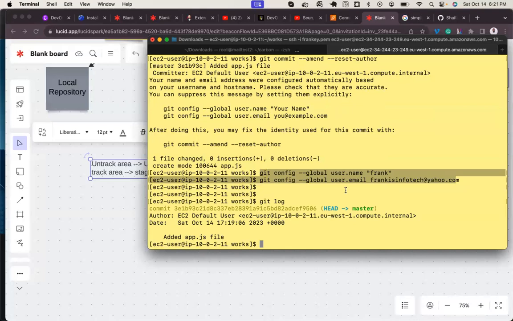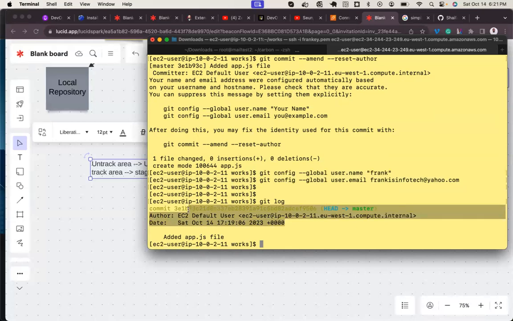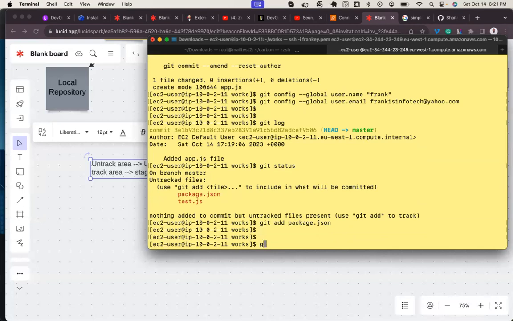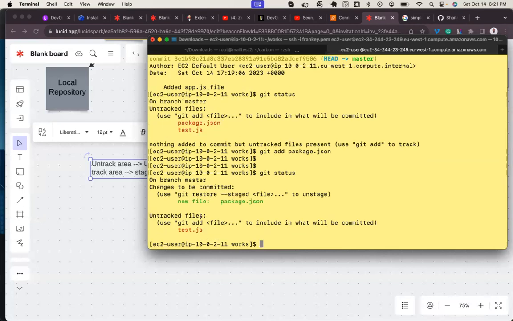All right. Now I want to do another commit, and I'm going to check the log and show us. So I'll check my status. Git status. I still have these two guys. So I'll add one of them in now. I'll say git add package.json. Enter. So if I do git status, that file has moved from the unstaged area towards the staging area. Okay.